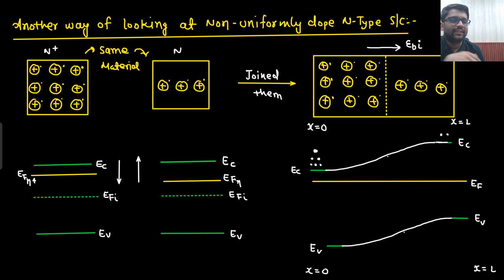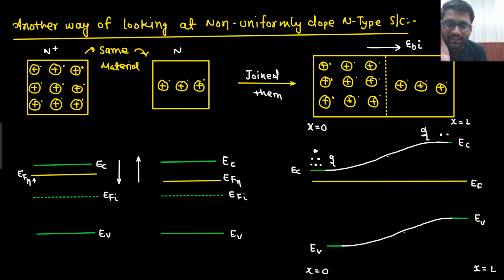What I actually mean to say is that if you are standing here, and if I just give you some push, what will happen? You will be rolling down, right? If you are standing here, and if I give you a light push, will you be reaching here? No. But if you are standing here, and I give you a light push, you will roll down. It might happen that, sir, the push was not very strong, so I reached till this point only. But what I am saying is that with respect to the applied electric field,